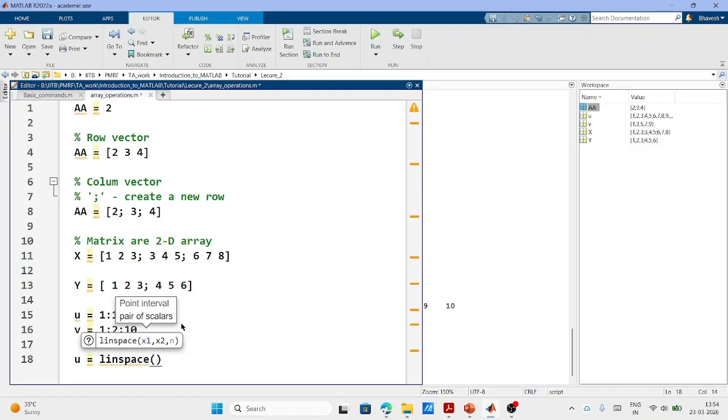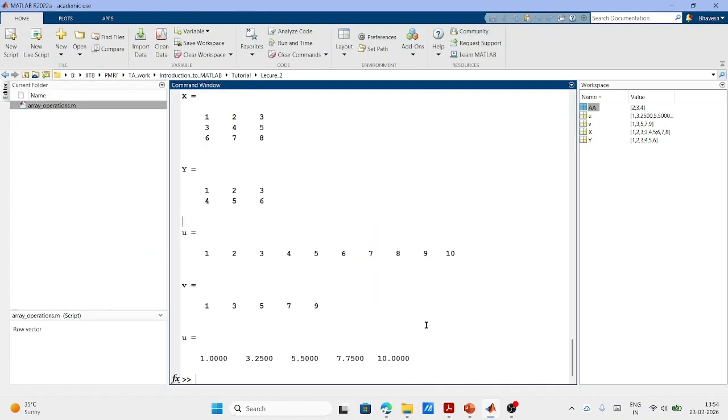So in linspace, let's say I want to create 5 elements between the same 1 and 10. So I will write 1 comma 10 comma 5, and then if you run it, this is how it will look. Now the difference between